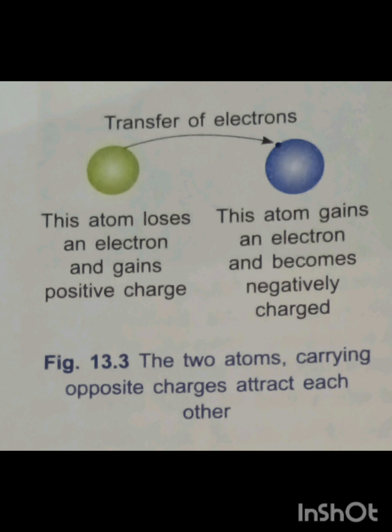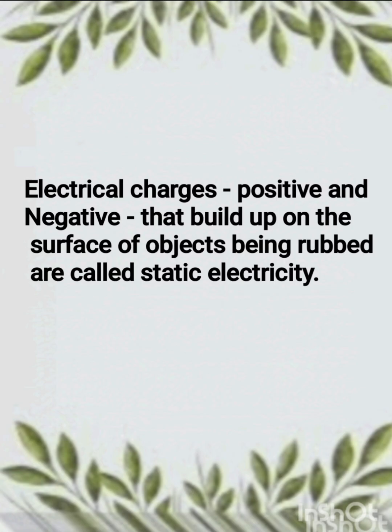In this process, some atoms get extra electrons and they develop a negative charge, while other atoms lose electrons, acquiring a positive charge. Thus, electrical charges, positive and negative, that build up on the surface of objects being rubbed is called